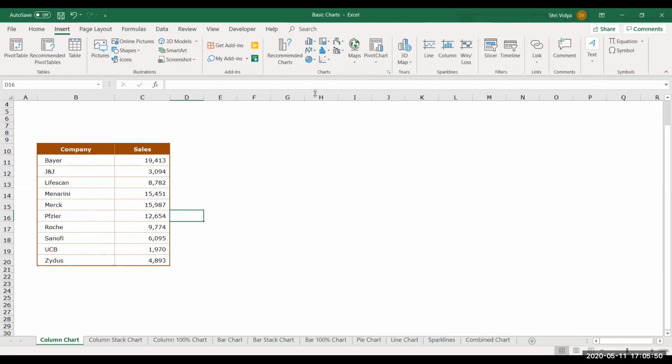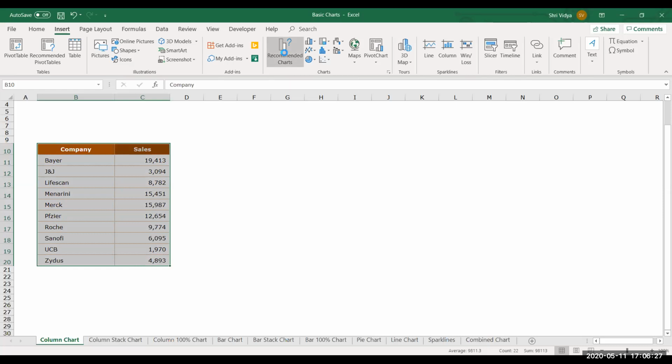Before you even insert a chart on given data, you need to select the data. After you do that, you have an option here, Recommended Charts. This option is available since the 2010 version of Excel, not prior to that. Excel will let you know which are the best ways to represent the data that you currently have. See, the same data, it will show you in how many different ways you can represent it.